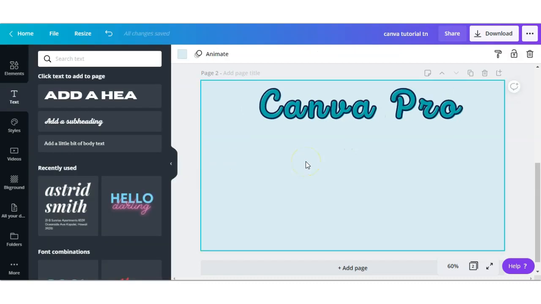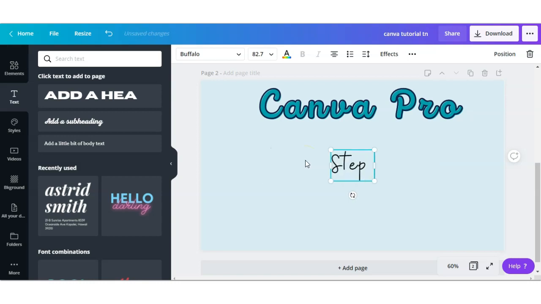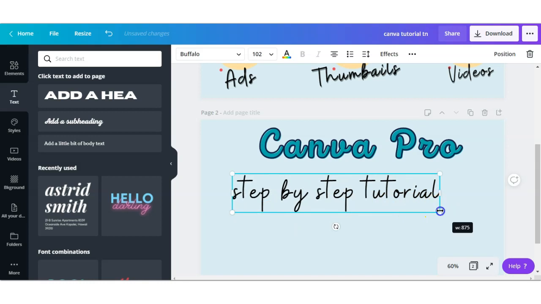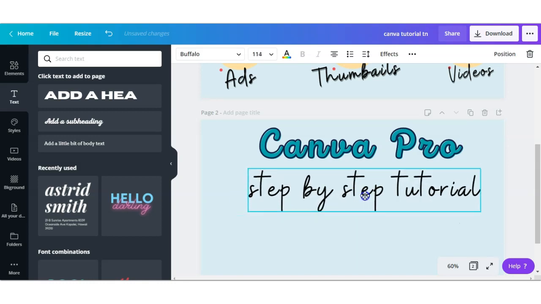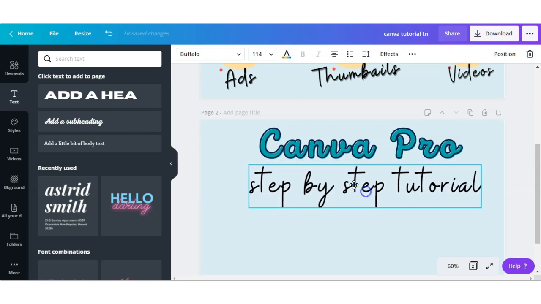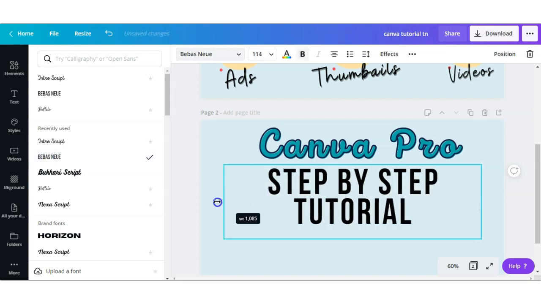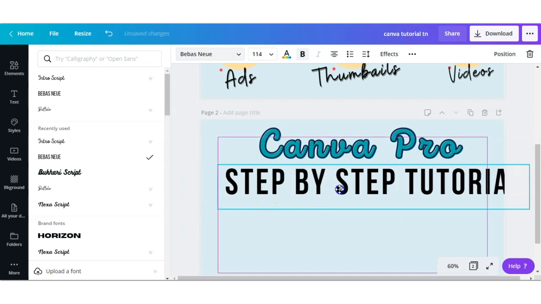Now, clicking the T on my keyboard again, I'm going to type in the next set of text. Let's start off this time by increasing the text size to about 115, 113. I just want it big, but a little bit smaller than the Canva Pro. We're going to change the font to this capital font that I like, Bebas Neue or something like that. I want it as one line, so I'm going to stretch it out until it fits as one line and